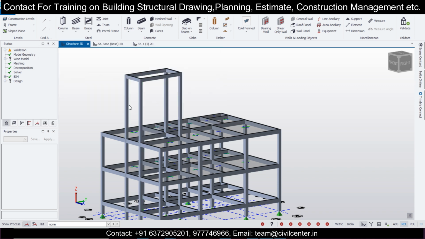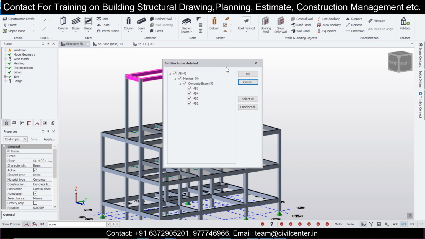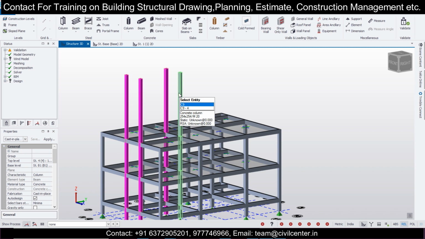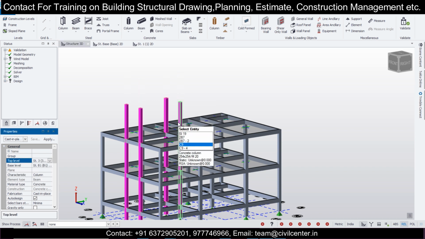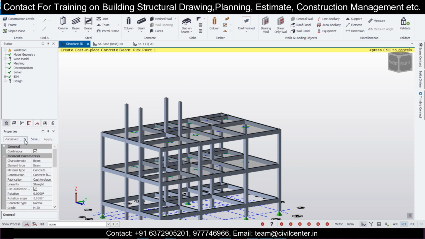So what we'll do here, there's nothing to worry. Here we can just select the columns first. Let's delete the beams first. They won't be required here. Some problems might occur. So we'll just select these particular columns, and we'll do this as the lower level. So this is the level here, and we'll join the beams here. So the beams, we'll take the beam 10 into 12 here and join them.